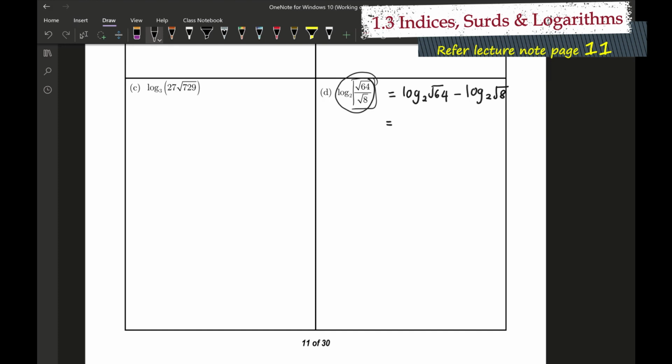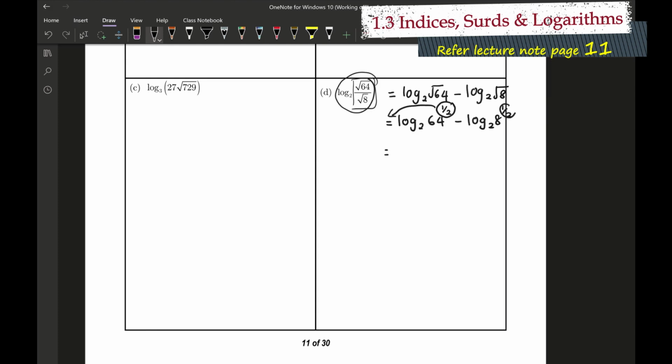Now, set of 64. When set, meaning the index is half. Always change it to index because we want to use it. Okay, it is very useful to simplify this. We need to return it to make it clear: half, right? Set will become power of half. So by using this law of log,